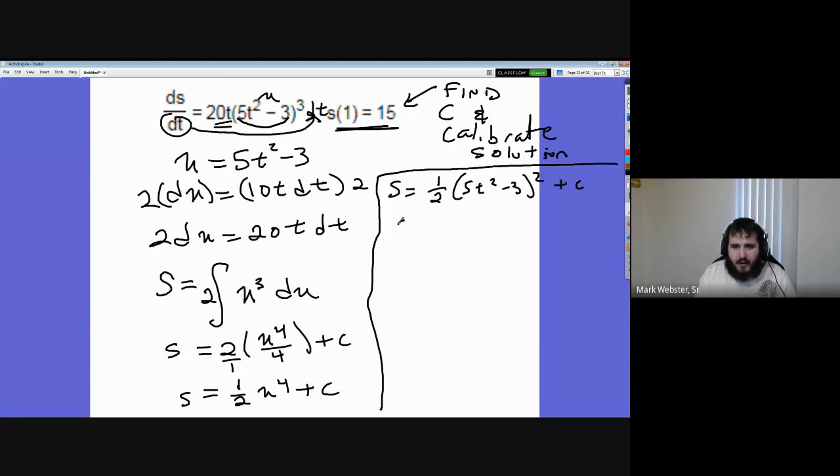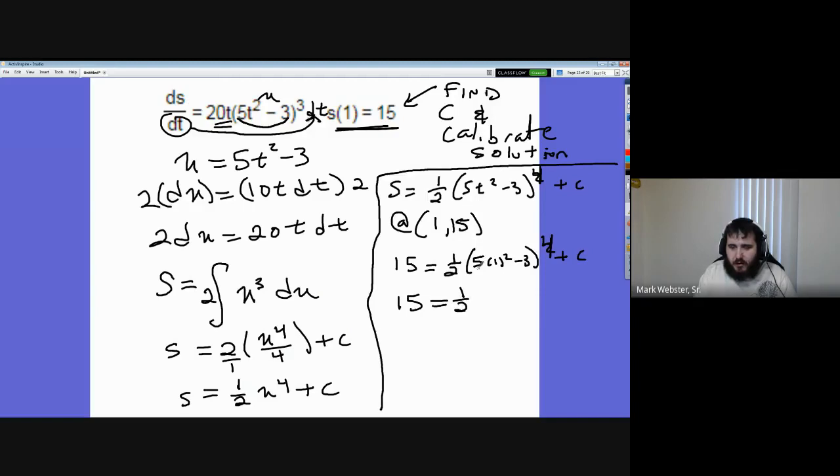And then we're going to say when t is 1, s is 15. So here we're going to plug in 15 for s. We're going to plug in 1 for t. Be a 4. I don't know what I'm doing here. u to the 4th. I think I got confused by that square. Anyway,